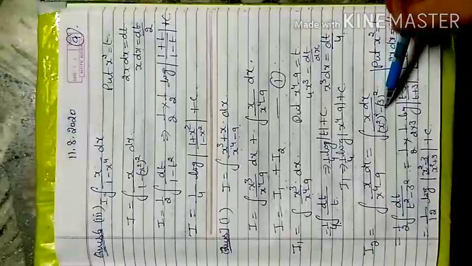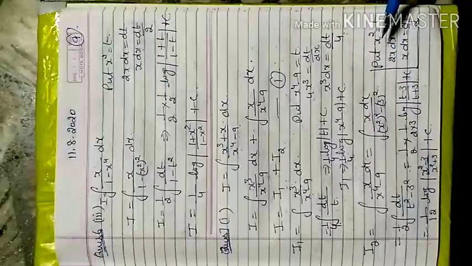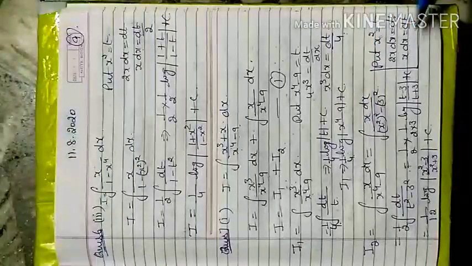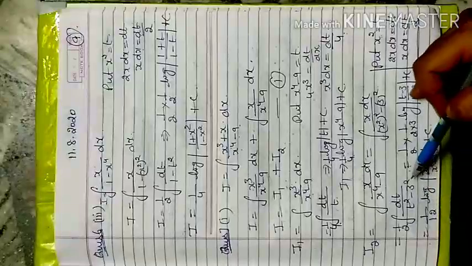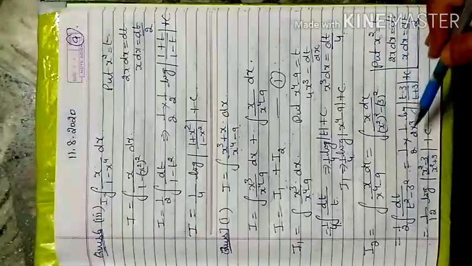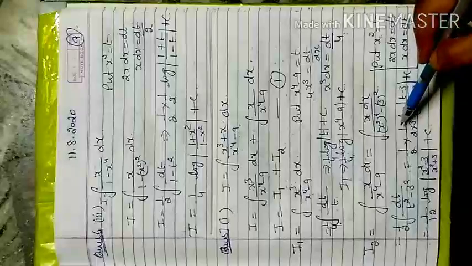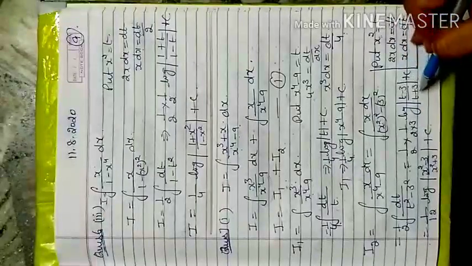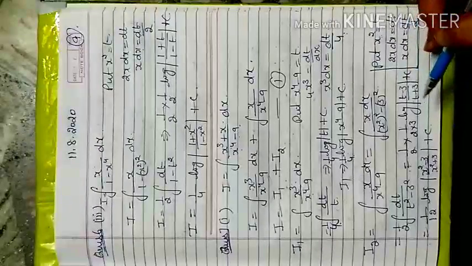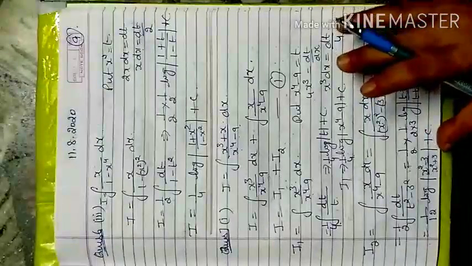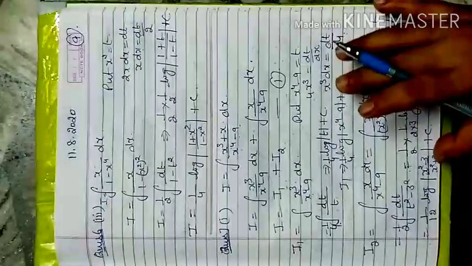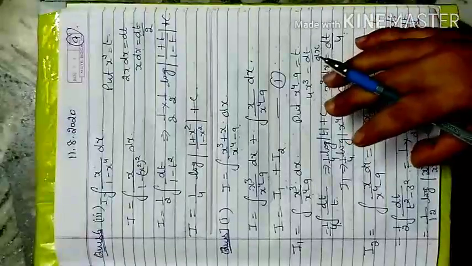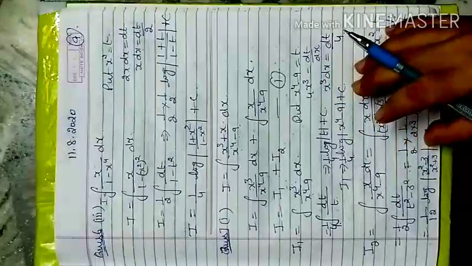So here x square whole square minus 3 square. Now you substitute x square is equal to t, x dx in the numerator, that term changes to dt by 2, and t square minus 3 square form is 1 by 2a log of (x minus a) upon (x plus a). So 1 by 2 into 3 log of (t minus 3) upon (t plus 3), t replaces back to x square. The ultimate reason is, whatever your question is, you have to change the denominator into only x square minus a square form, a square minus x square form, or x square plus a square form.